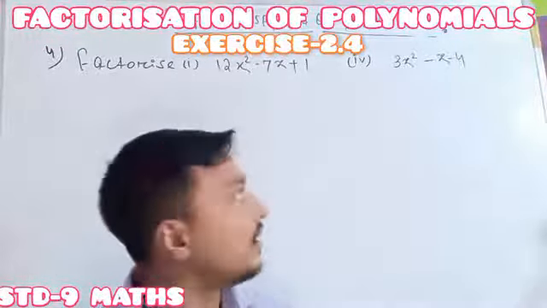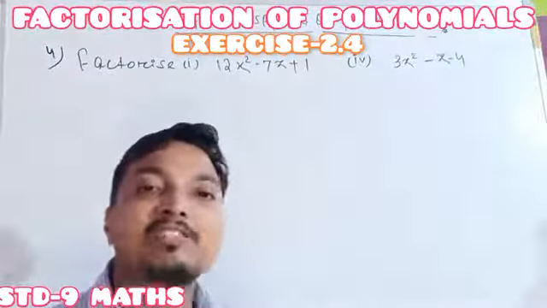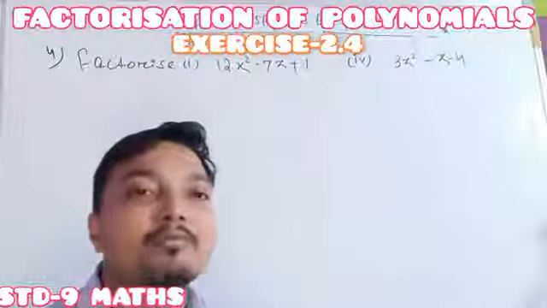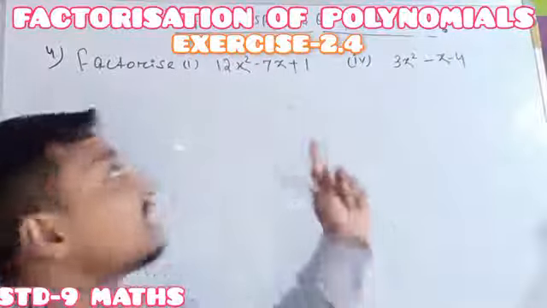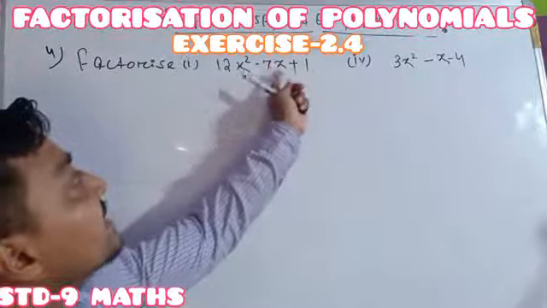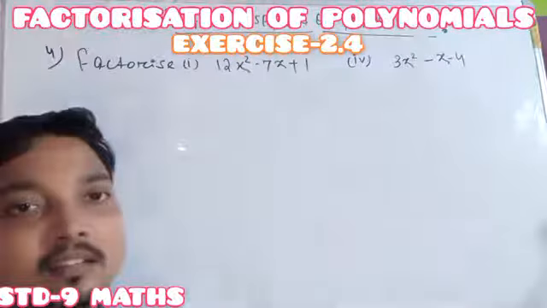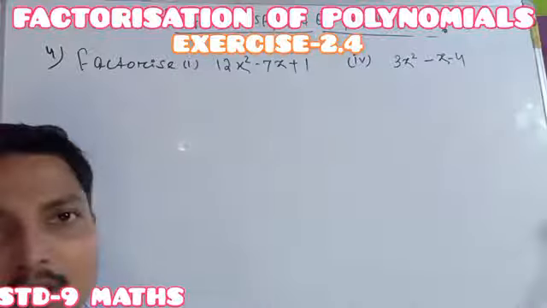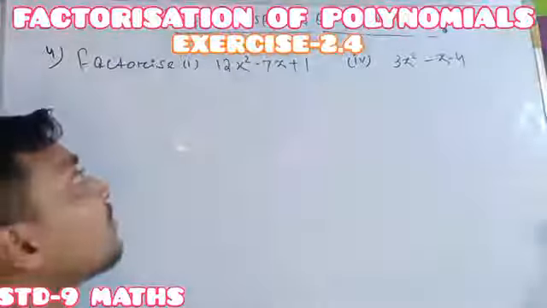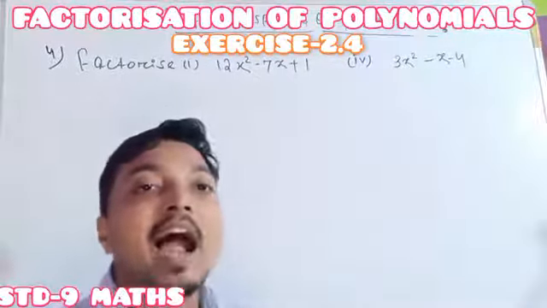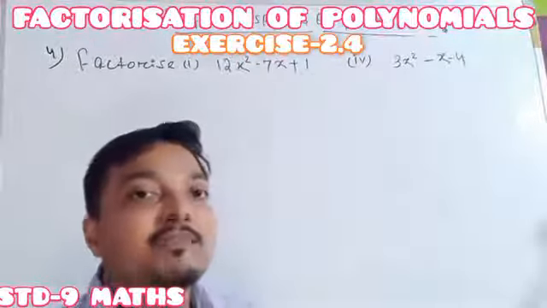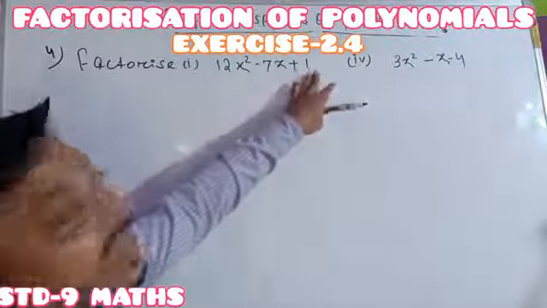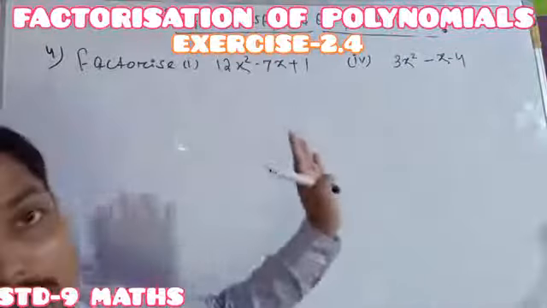I have already told you in our standard 8 about factorization. Whenever a polynomial is given, first you have to check whether any monomial is common in the three terms. x is common, but no x is here. So when no monomial is common, check whether any binomial is common. No binomial is common either. Then we have to check whether any algebraic identity can be applied. An algebraic identity can be applied when the first term is the square of a number, so that (a + b) squared can be arranged, but no two square numbers are there.